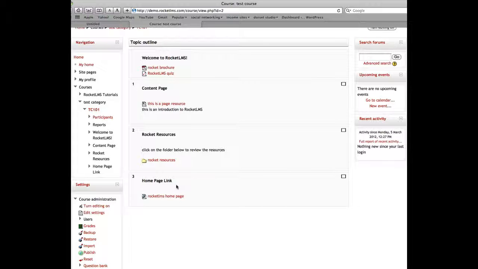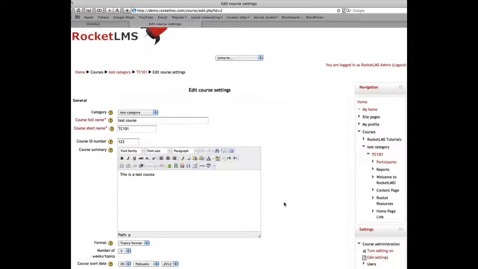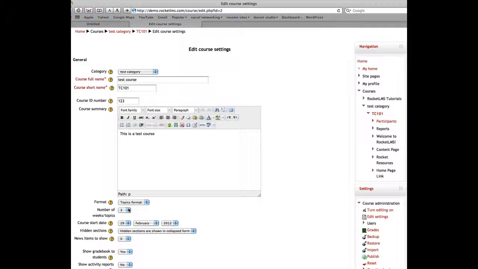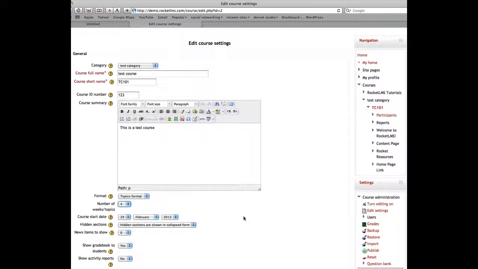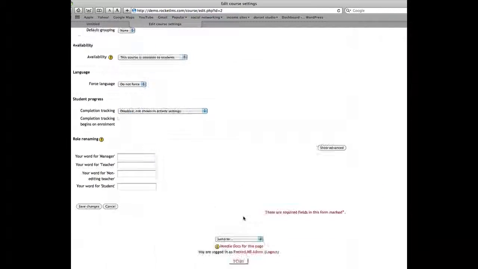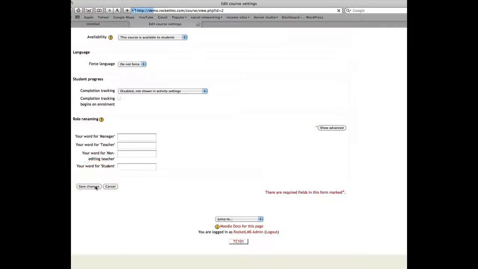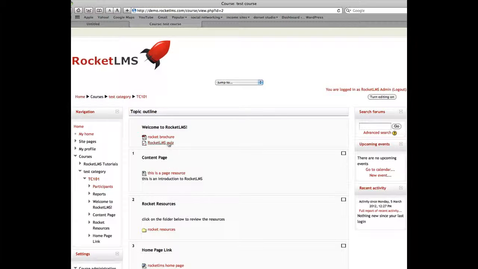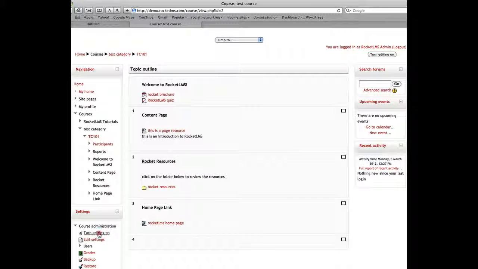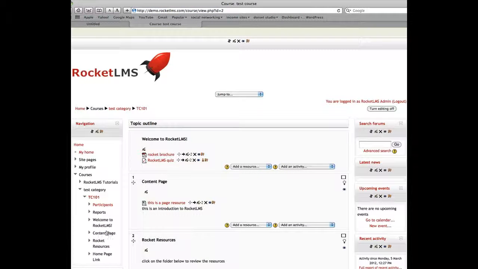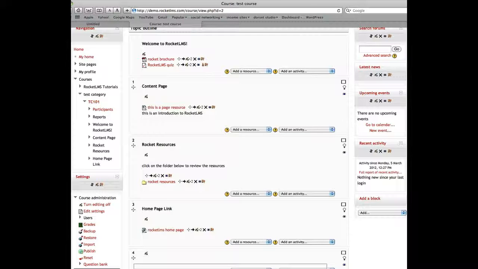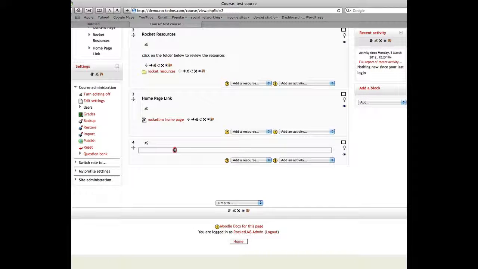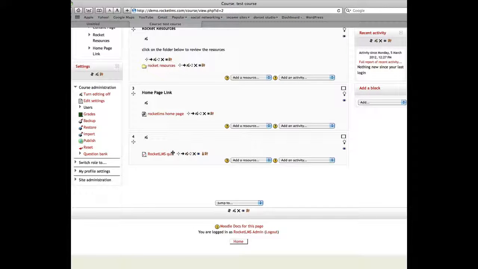So first I have to add a new topic by going to Edit Settings, scroll down and change the number of weeks topics to 4. Save changes. So now I need to turn editing on, and I can grab hold of the move icon and drag the quiz down to topic 4, drop it in,